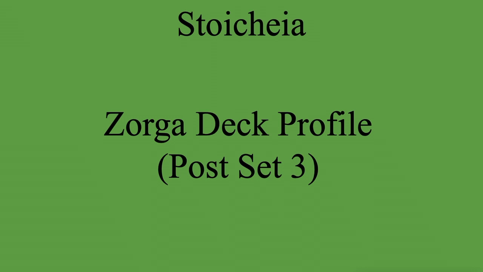Today we have Stoicheia, Zorga, the Magician of the Dead, the Necromancer of the Graveyard. That made little to no sense. I ruined that intro. Point is, Zorga, the ruler of the seas with the power of alchemagic by his side, to use multiple orders at once in the same move to make an alchemagic order, has arrived for set